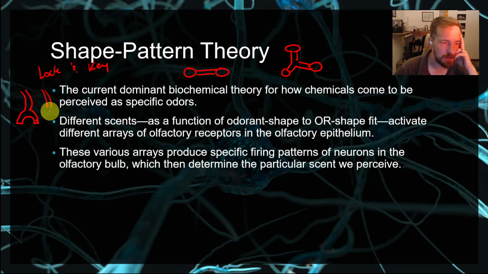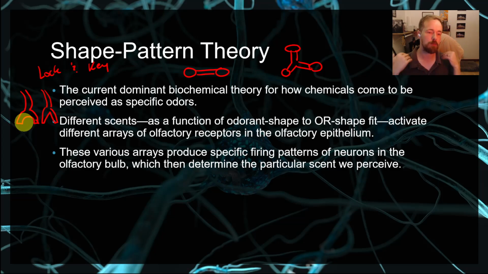Maybe there's a neighboring neuron that's a little bit different, right? So this one, the receptacle, is not going to really accommodate these molecules, because this one's looking for something with a more jagged edge, a more pointy edge. And so for that reason, we have all these different olfactory sensory neurons. They all have their own kind of receptor shape. And depending on that receptor shape, and depending on the different structures that we are inhaling, these odorants, some of these neurons are going to be more active than others, and some of them are not going to be very active at all.